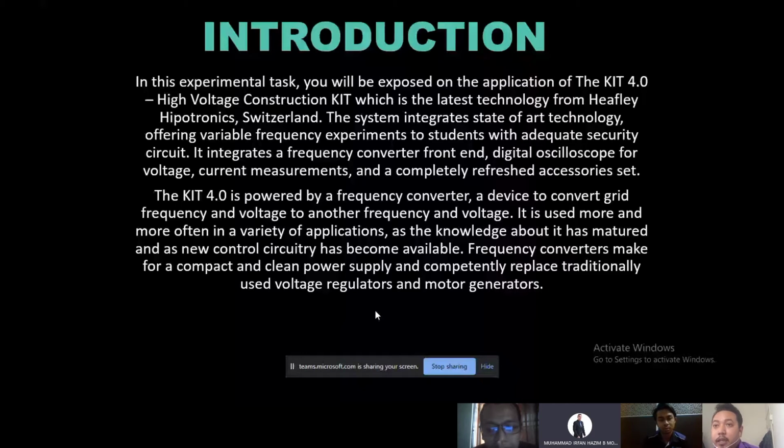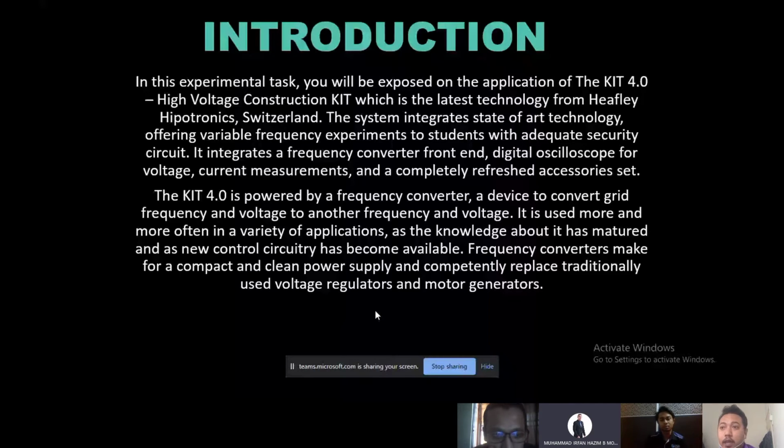It integrates a frequency converter front end, a digital oscilloscope for voltage and current measurement, and a completely refreshed accessory set. The KIT 4.0 is powered by a frequency converter, a device to convert grid frequency and voltage to